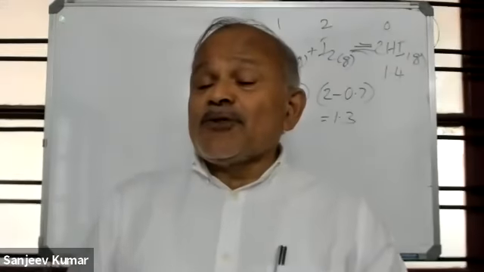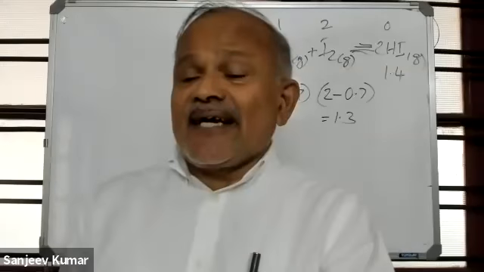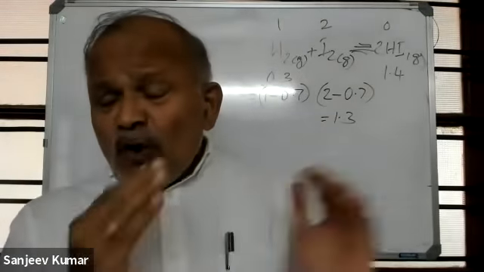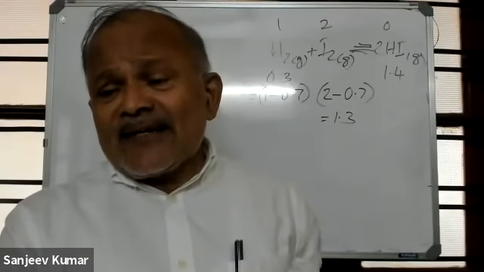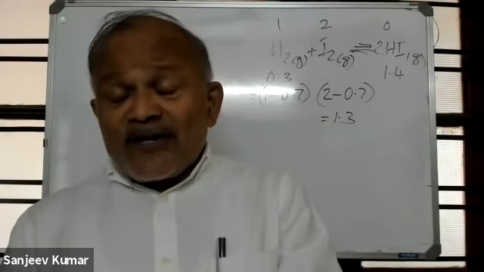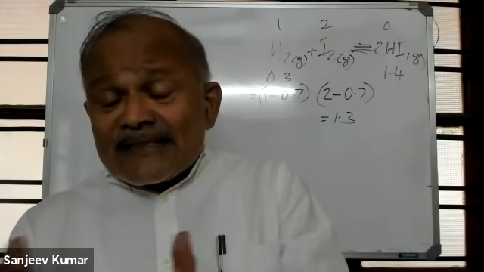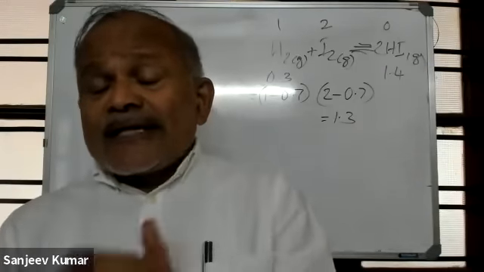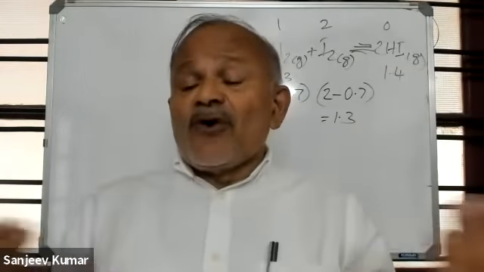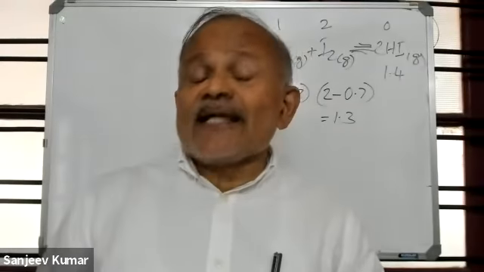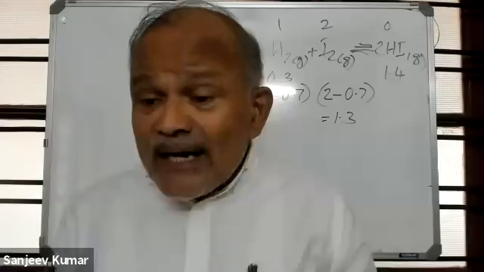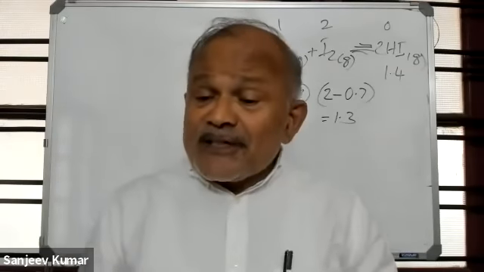But for the reaction N2 gas plus 3H2 gas gives 2NH3 gas, the Haber process for the manufacture of ammonia, 4 moles of gaseous reactant react to give 2 moles of gaseous product. During the forward reaction, there is a decrease in the number of moles of product or a decrease in the volume. Therefore, increased pressure will favor the forward reaction. That is why in the Haber process for the manufacture of ammonia, a pressure of 200 atmosphere, or 20